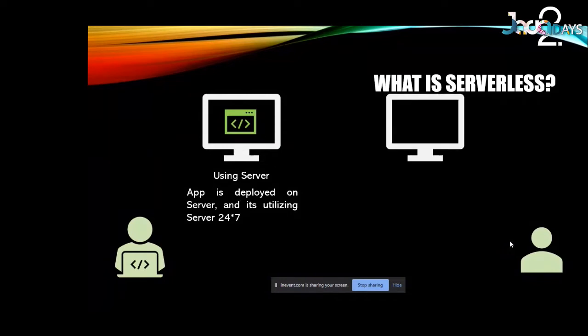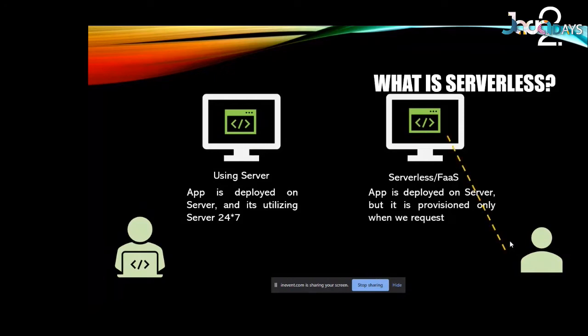But in serverless, that's not the case. So first of all, serverless doesn't mean the server is not going to be there. The server will remain there. And as a developer, you are going to deploy your application on a server only. Yeah. But now comes the trick. Whenever any request is going to come, your application is going to use those computing resources. Yeah. And in case there is no request, then your application is not going to use any of the computing resources. Since no computing resource is in use, you don't need to pay for it. Again, when some request came, that is again some trigger came, then the application will start using those resources.